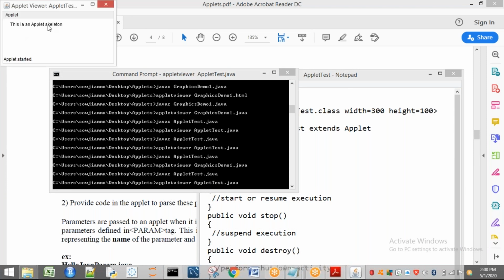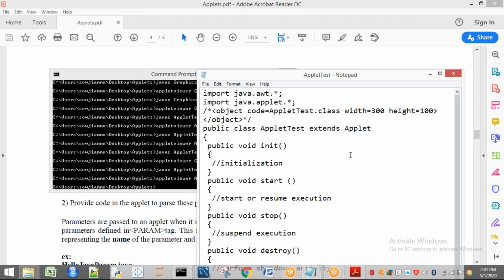See, you are going to get this one. That means not only the applet tag, we can also use the object tag for applets. But generally, we will use the applet tag only, that means by using the keyword applet. Don't worry about the object tag, we can also use it, just remember that. These tags can be in capital letters or small letters, no problem. See here, I have saved this one. Now see.